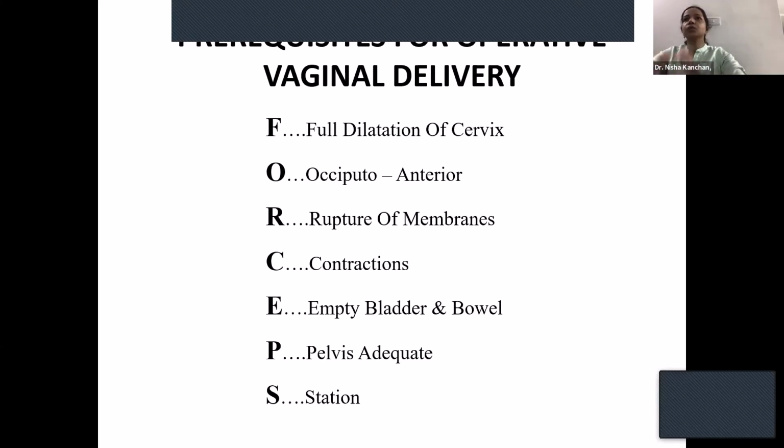Do not get confused with the caput and the swelling of the baby's head. You should try to feel the bony prominence of the skull, then try to feel the ischial spine and see what is the relationship between the ischial spine and the skull. So that should be at least 2 centimeters below the level of the ischial spine. Another method of assessing station is by abdominal method.